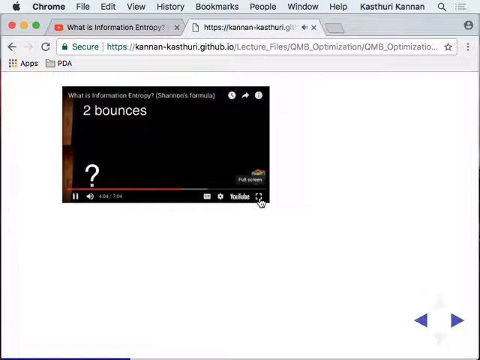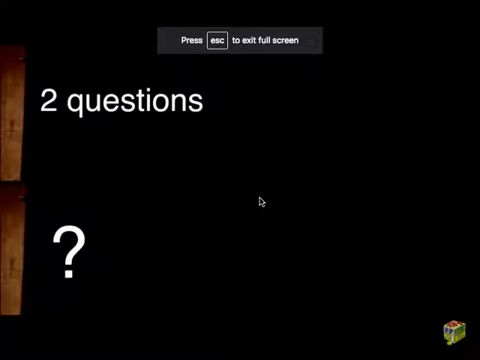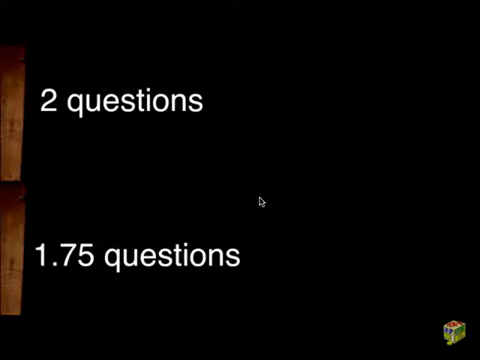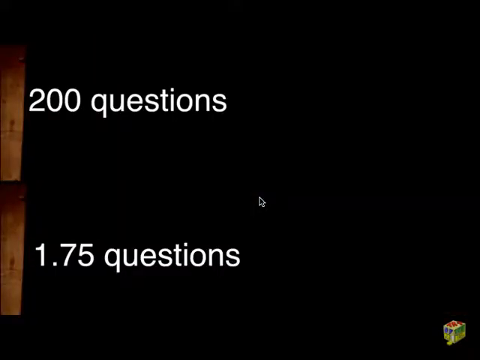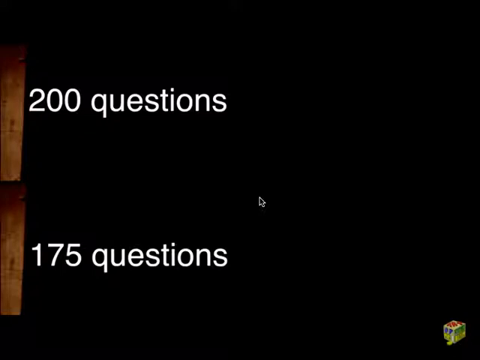So machine 1 requires 2 bounces to generate a symbol, while guessing an unknown symbol requires 2 questions. Machine 2 requires 1.75 bounces. We need to ask 1.75 questions on average. Meaning, if we need to guess 100 symbols from both machines, we can expect to ask 200 questions for machine 1 and 175 questions for machine 2. So this means that machine 2 is producing less information because there is less uncertainty or surprise about its output,